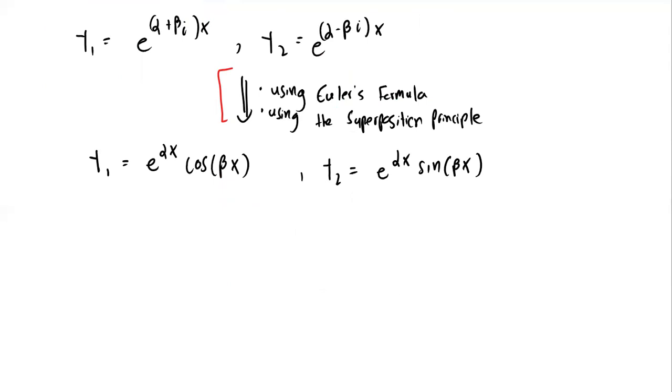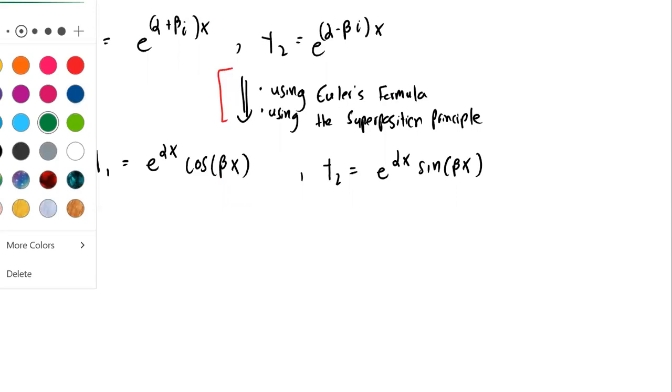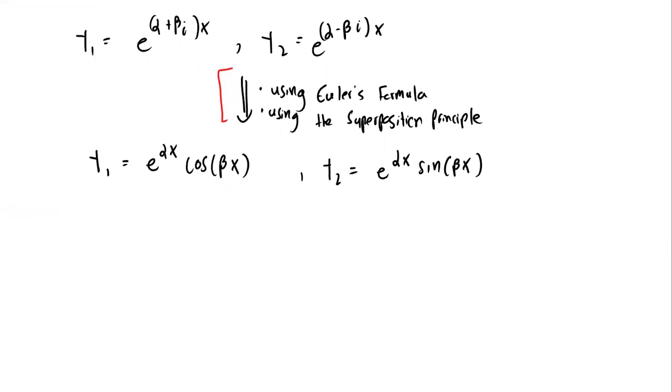Same for y2, e to the alpha x times sine beta x. Since alpha and beta are real, this function is giving you real values when you plug in values for x. Not only that, I'm not going to prove it again. You can verify this using the Wronskian, and I could show you, or I could ask you in the homework to do this, but it turns out that these functions,